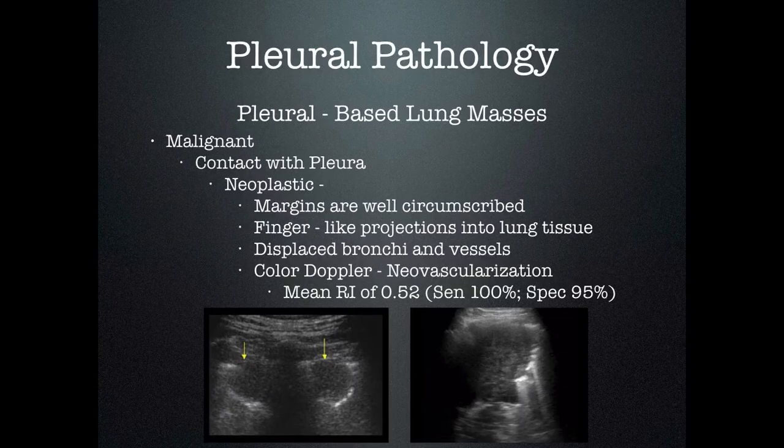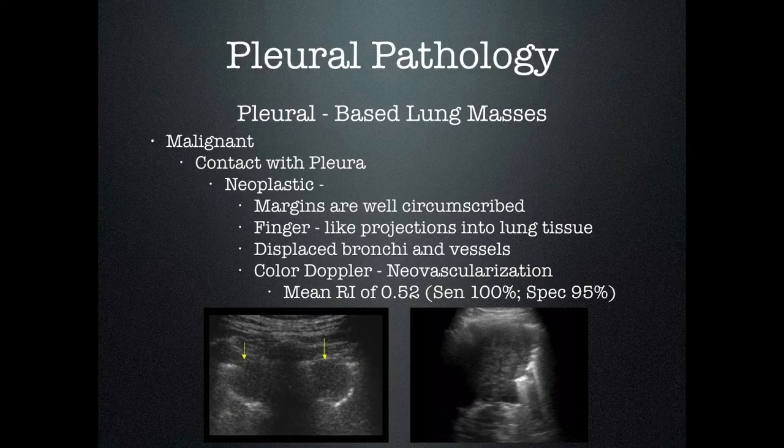Color Doppler is a useful tool for determining if the lesion is benign or malignant by demonstrating this neovascularization. You can use what's called the resistive index, using spectral Doppler, to look at the flow inside the mass. A resistive index of 0.52 has a sensitivity of 100% and a specificity of 95%. This can be very useful in differentiating benign versus malignant lung masses. However, if you find a lung mass, you really should do CT imaging, and this is really beyond the scope